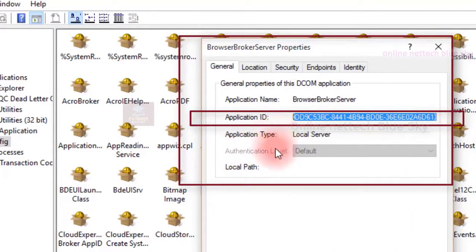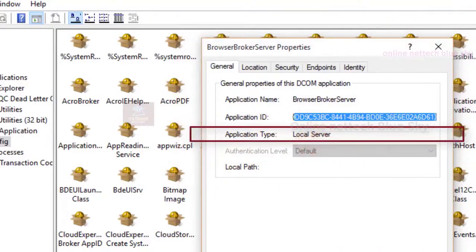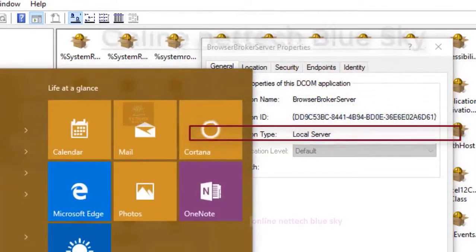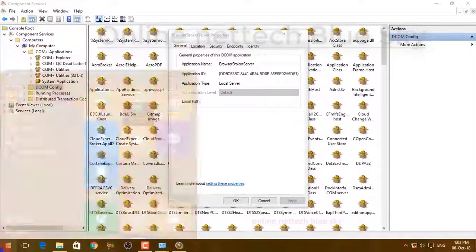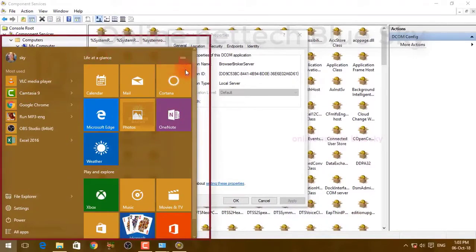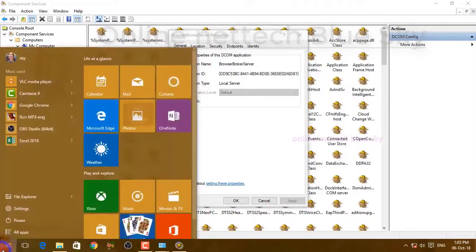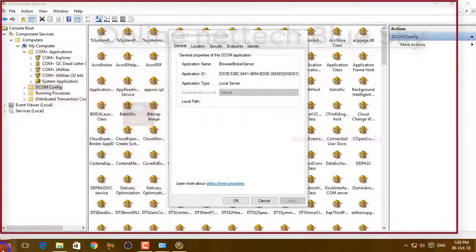What is the application ID? It means this file number here, and this number tells about this operating system, this process, and this browser, server, project properties. So you can see here which service is working. You can see on the left side, this is my Start menu; click Start here and this type opens. Why does this type of process run automatically?